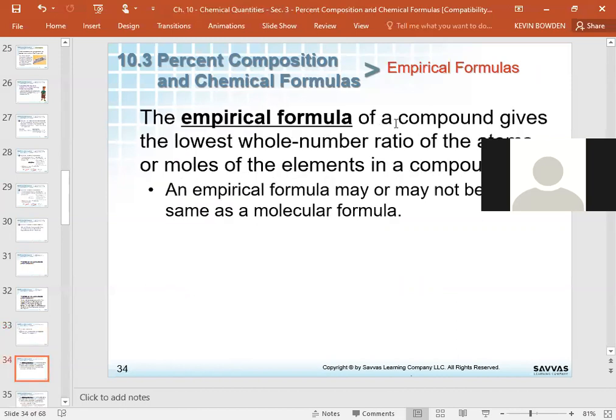The empirical formula of a compound gives the lowest whole number ratio of the atoms or moles of the elements in a compound. It may not be the same as a molecular formula. So, what's a molecular formula? The molecular formula is what the thing actually is. So, for instance,